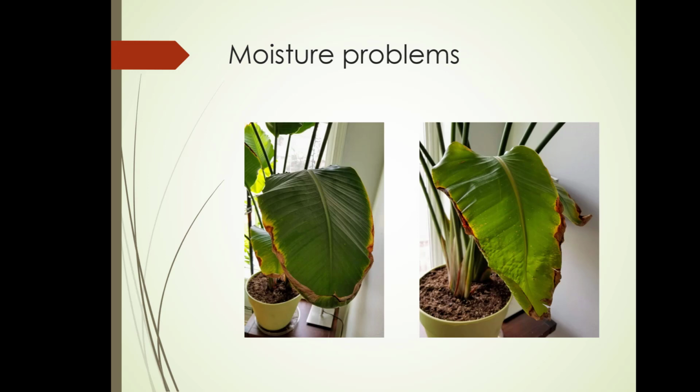And I know the history of this plant because this is my plant. This is the lower foliage of a white bird of paradise. It was very pot bound and unable to stay moist enough. So the new foliage is fine, but the lower foliage is showing this marginal burn, and it's really due to inconsistent water.